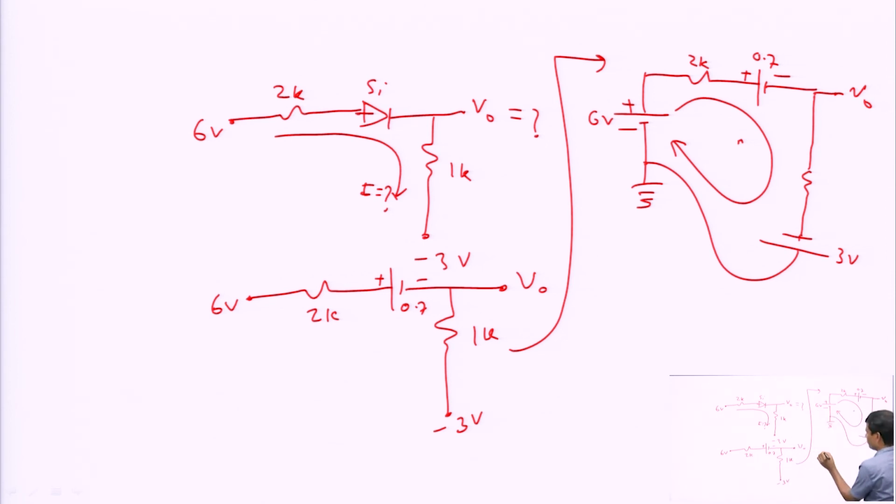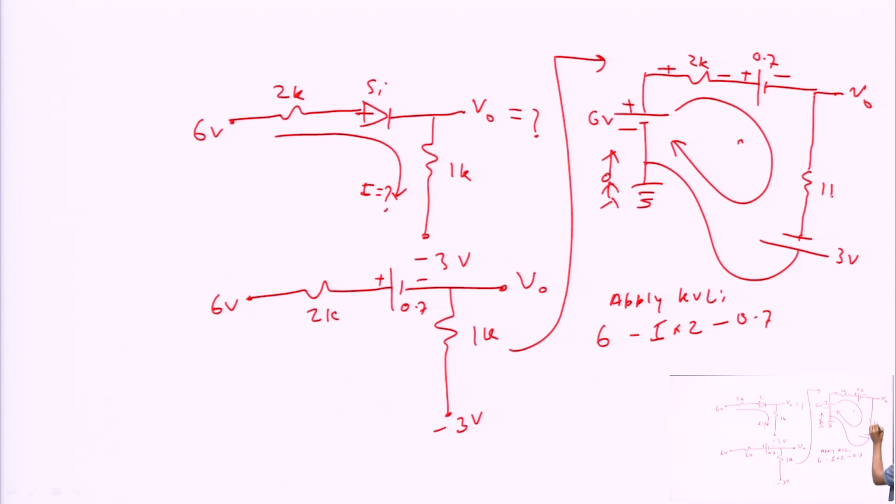You can apply KVL from here. Going through the increasing potential, this means plus 6, minus to plus, plus 6, this is at high potential, this is at low potential, minus I into 2 kilo ohm, minus 0.7, this is 1 kilo ohm, this is high potential, this is minus potential, minus I into 1 kilo ohm and plus 3, this is equal to 0. This implies I is equal to